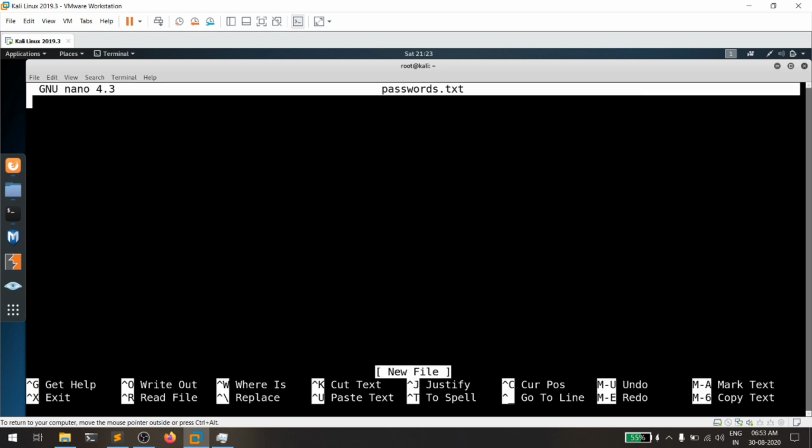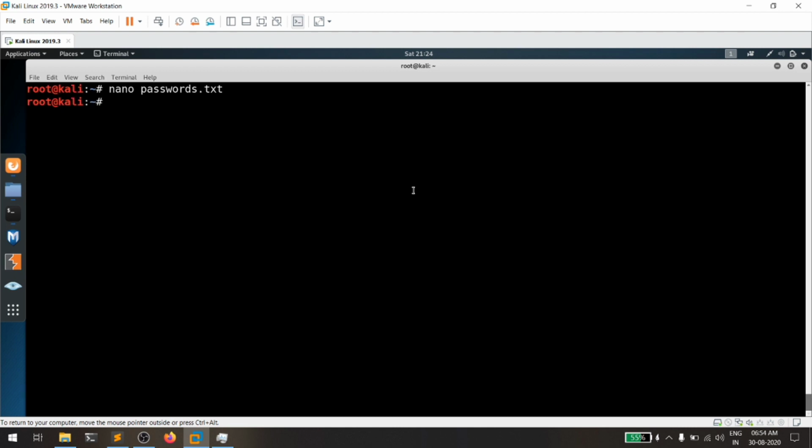passwords.txt, and let me give it password, QWERTY, and password1, which is our password. I'm gonna give some random characters. Okay, I'm gonna save it. So guys, that's how you can create a password text file, or you can use some specialized